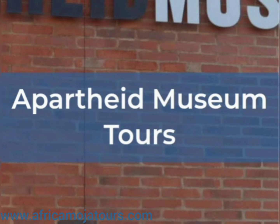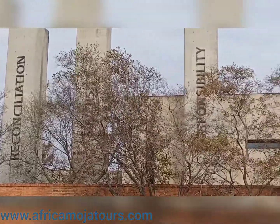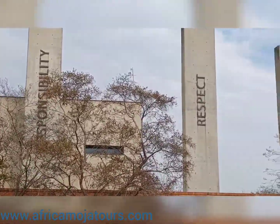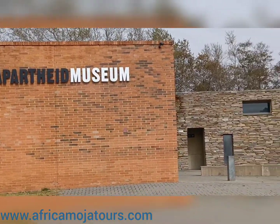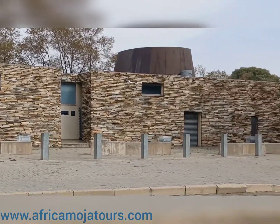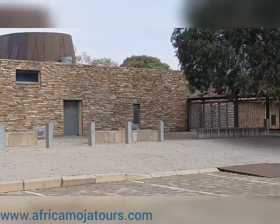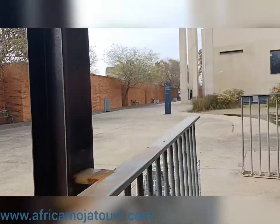Apartheid Museum has clear-cut history on what happened during apartheid era in South Africa before freedom in 1994. The museum is divided into 3 exhibitions which all have valuable information on the apartheid history. After spending an hour at the museum, our 6th stop will be the famous Orlando Towers, which is located at